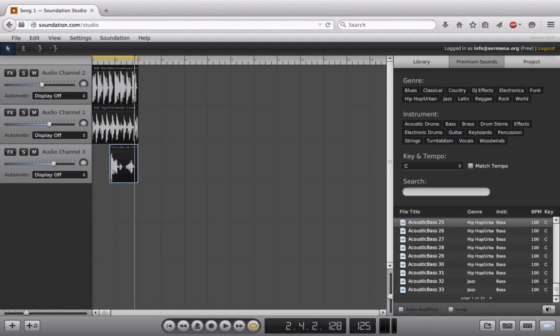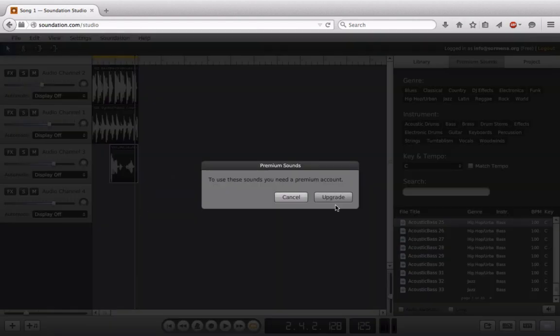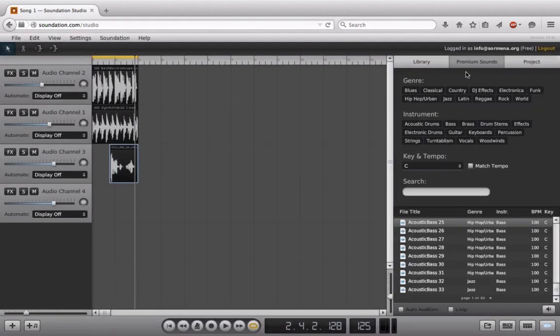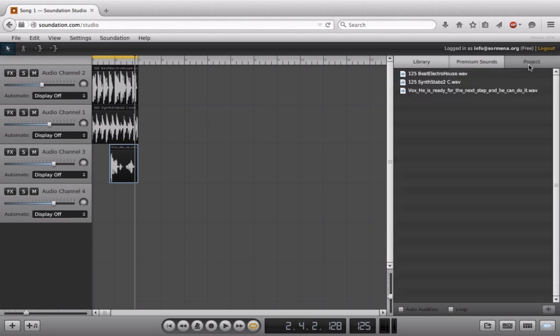I can still preview these, but if I wanted to bring that in, I wouldn't be able to. Okay, so very self-explanatory. We're not going to be using this at all. And last but not least, we have a project tab. The project tab is actually really interesting because this is going to give us all of the audio files that we have in the session